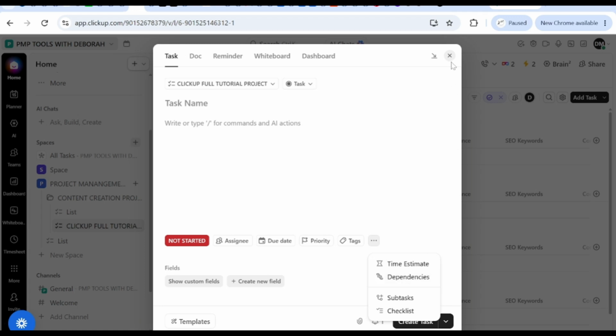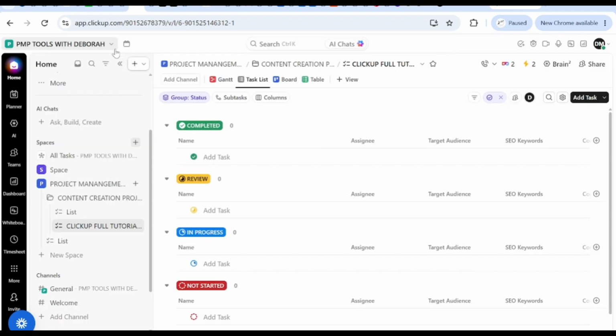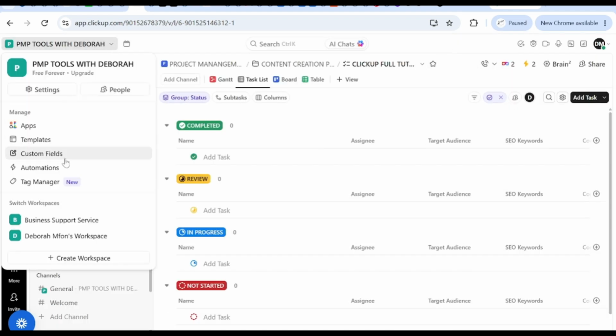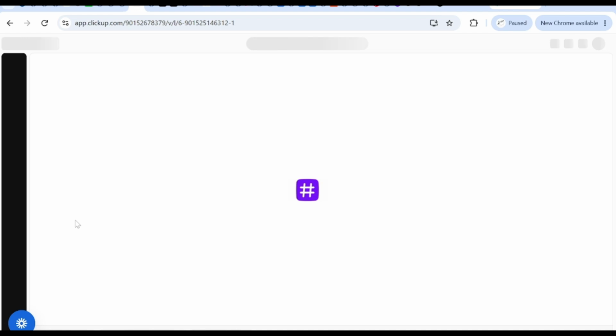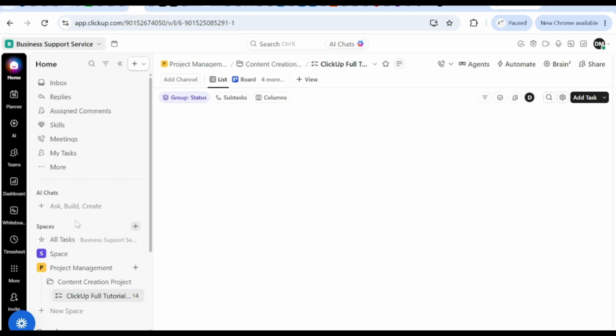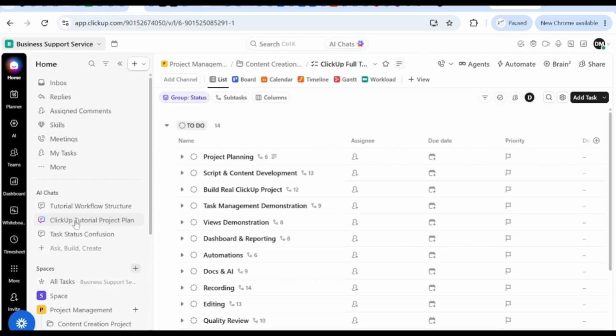So let me take you to one of the similar projects as this that we've done. So we'll go to our workspace. We have that for business support because this is a department on business support. We'll click on it. So I'm just trying to make you see what it looks like in real sense when you create something. Under our business support,